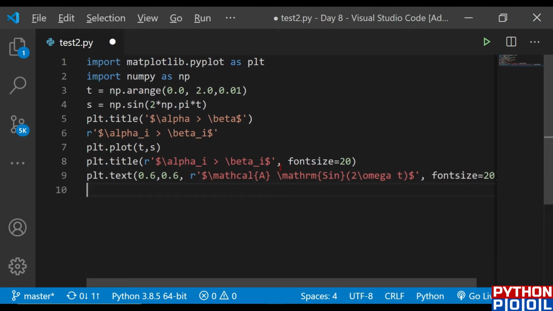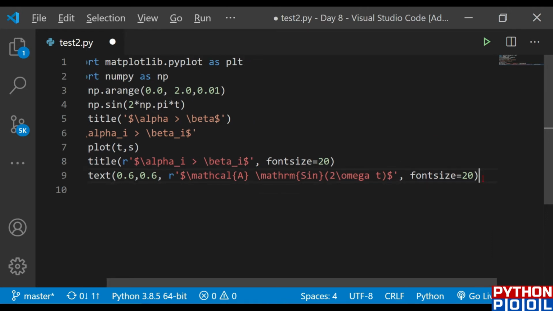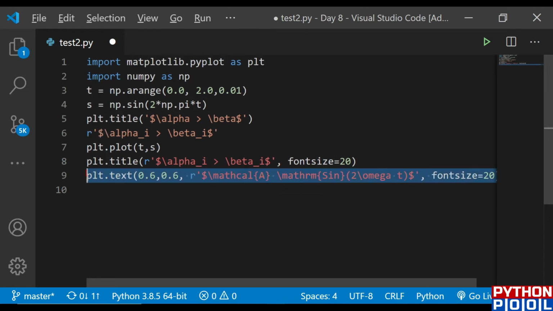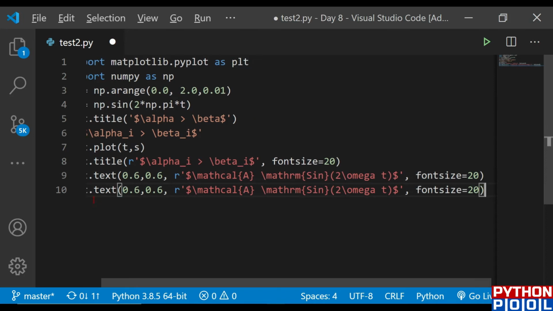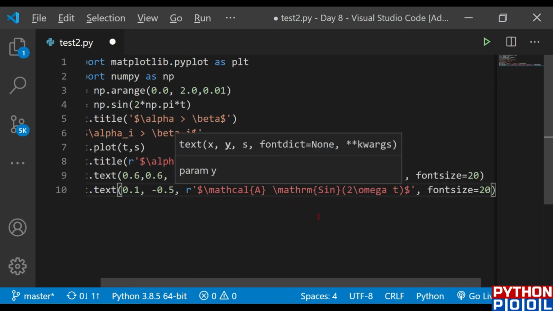Once again, I want to give the text, so let's copy it, and we'll be requiring some changes. Just copy, paste. It would be at 0.1 at the x and minus 0.5 at the y. So minus 0.5 at the y, and the equation would be square root of 2.